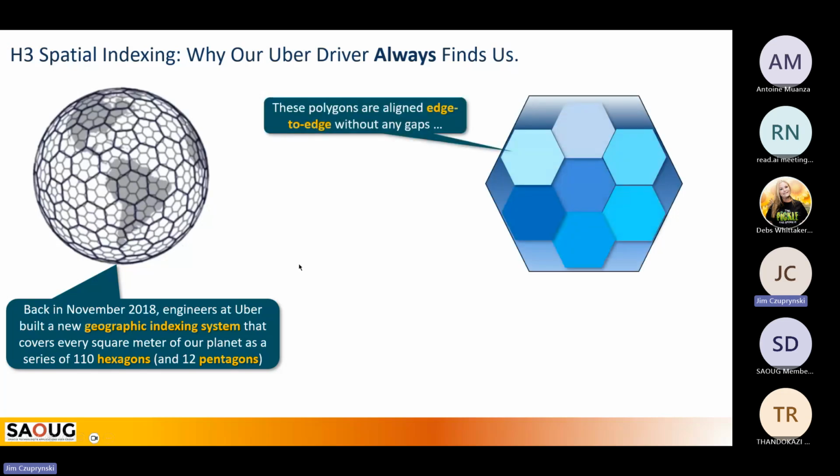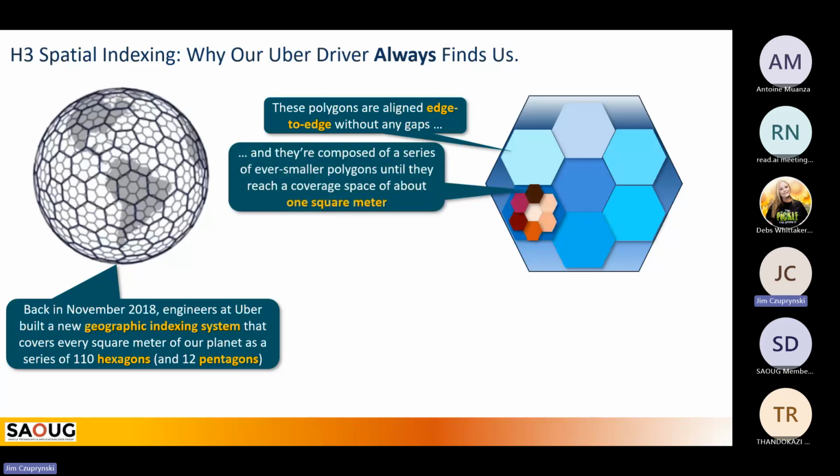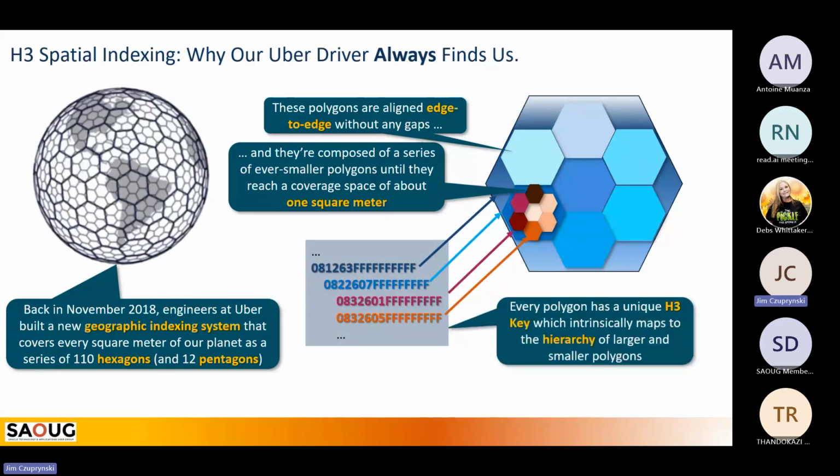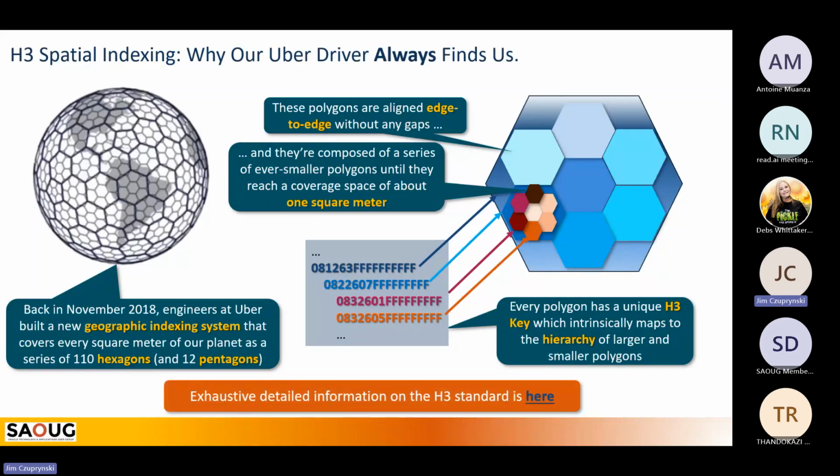And what they did is quite brilliant. It's sort of like vector tiling, except they said, we're going to take these hexagons, and within each set of hexagons, there's going to be 7, 1, 2, 3, 4, 5, 6, 7 hexagons. They're aligned edge to edge. And as I drill into each one of them, guess what? Another 7 hexagons. At the lowest resolution level, they cover a space of just about 1 square meter. Why did they do this? So that your Uber driver always finds you, is what it comes down to. Now, if you want to read more, actually, it's quite fascinating. I got the links here, and at the end of this presentation, I'll show you the links again.